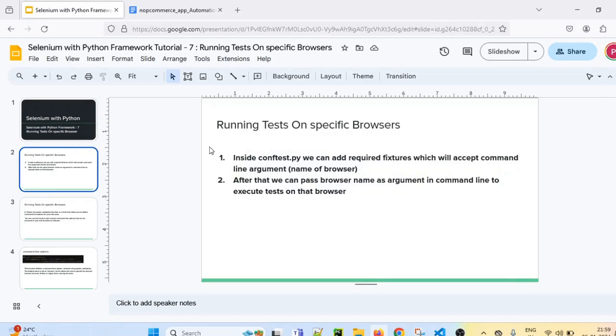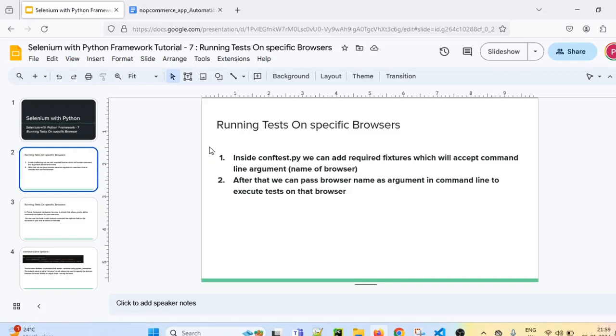So for that, inside the conftest.py file that we have created in our automation project, we have to add a couple of fixtures which will accept a command line argument, that is the name of the browser. So we will pass the name of the browser via command line argument.